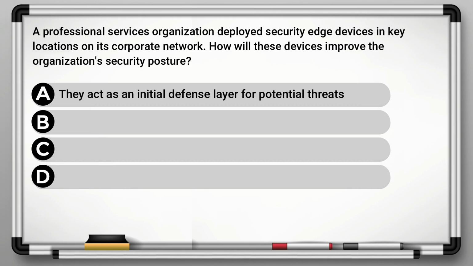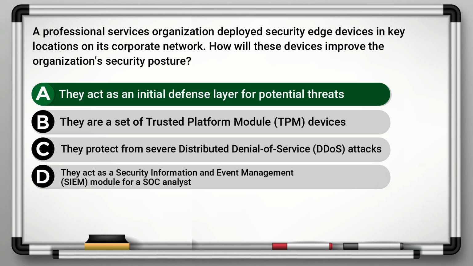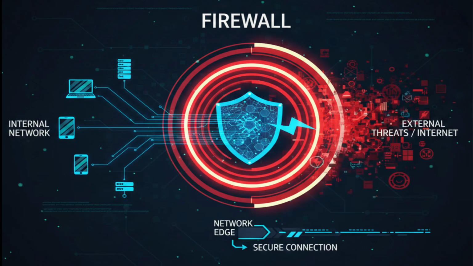Question 1. A professional services organization deployed security edge devices in key locations on its corporate network. How will these devices improve the organization's security posture? The correct answer is A. They act as an initial defense layer for potential threats. Edge devices, like firewalls or intrusion detection systems, inspect traffic at the network perimeter, stopping malicious traffic before it reaches